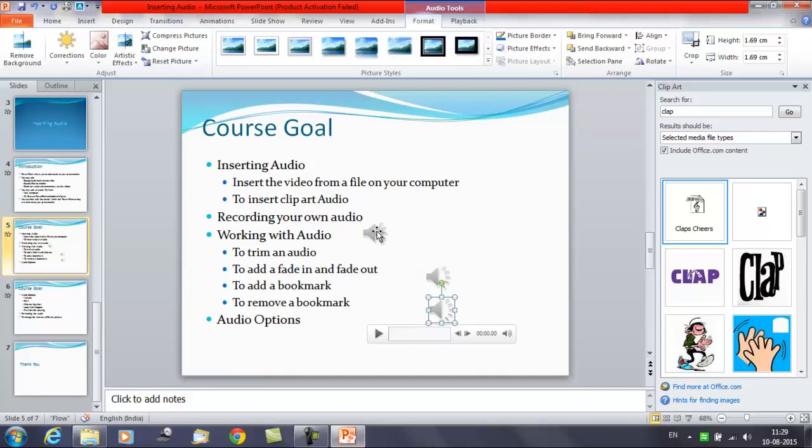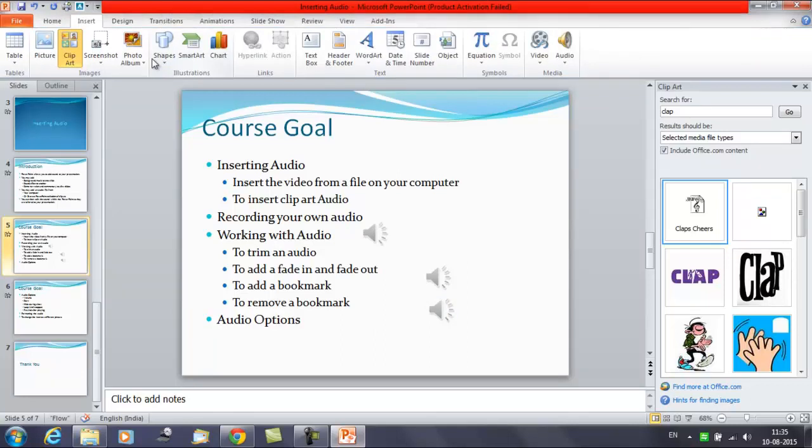Sometimes you may want to record audio directly to the presentation, like if you want the presentation to include narrations. Before you begin, make sure you have the microphone that's compatible with your computer. Many computers have built-in microphones or one that can be plugged into the computers. If you have the microphones, then only you can record the audio or the narrations.